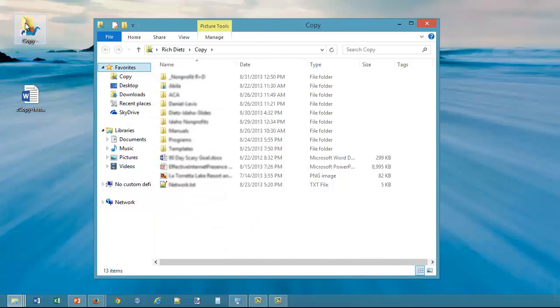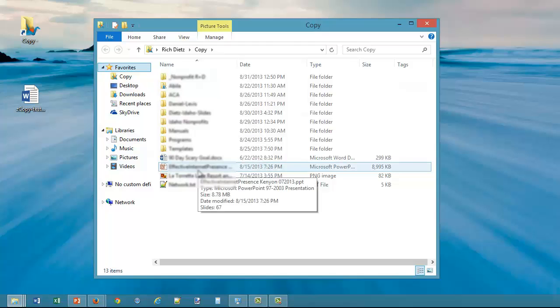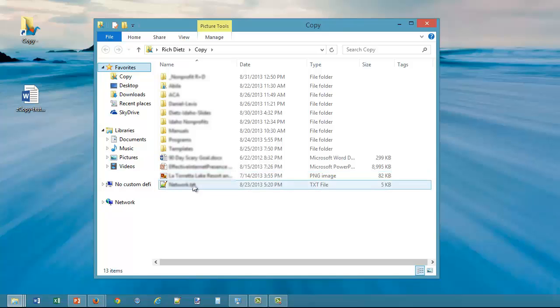But as you can see, now that I've opened up this folder, you can see all of the files that I have in my Copy folder. These are all automatically being backed up to the cloud, and if I choose to work on one of these files, I open it up and work on it and then save it, it's going to save that new version up to the cloud. So it's always the latest version that's being saved to the cloud. And it's very easy to get our files saved and backed up into the cloud.